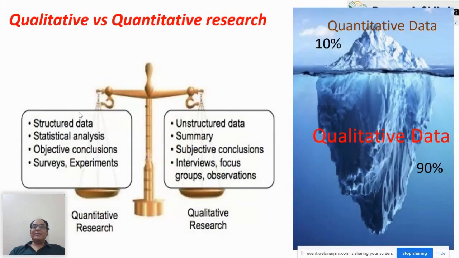When we analyze quantitative data, we do different tests. We do hypothesis testing, we analyze the data and find out the answers, right? But in qualitative data, we are not doing statistical analysis. Rather, we summarize the data or find meaningful information from the data. So if I give you a book and ask you to summarize this book in one page, right?